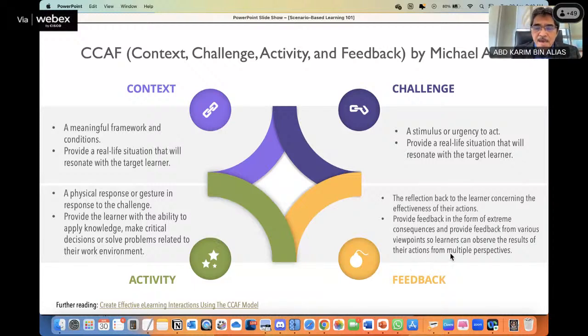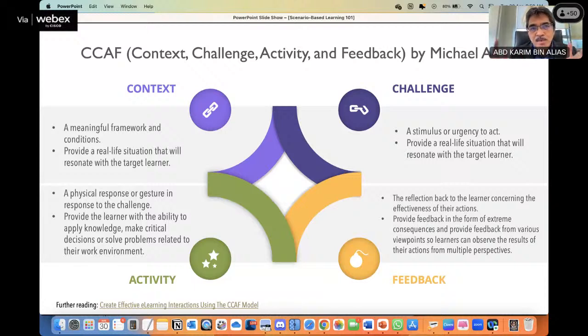And feedback. So what makes scenario-based learning very useful is actually the feedback. The feedback that we, as a course designer, as a scenario designer, give must be the right feedback. If the choice the students choose is not the right one, we have to explain why it is not the right one. If the choice is the correct one, the most appropriate one, then we also have to give explanation or feedback why this choice is the right one.